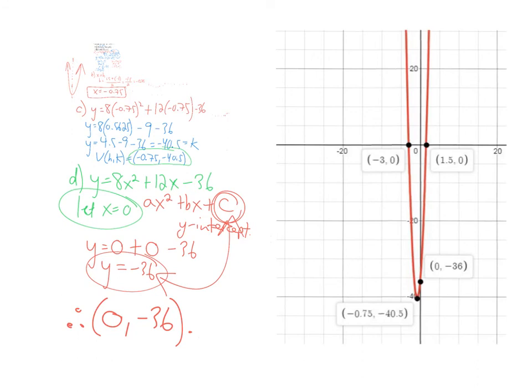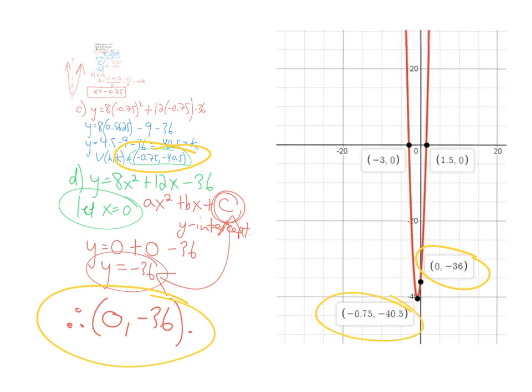So the y-intercept of negative 36, the vertex, and the x-intercepts, which we can't see right now because we're zoomed out, are located here, negative 3 and 1.5. And we plot those 4 key points and we draw our parabola through them, and we have our sketch